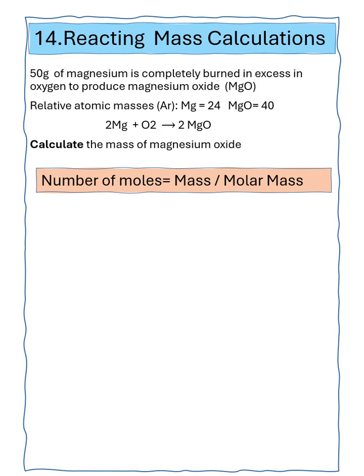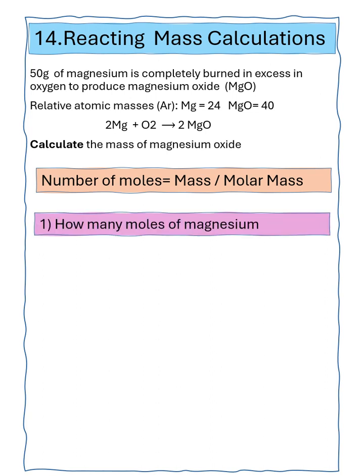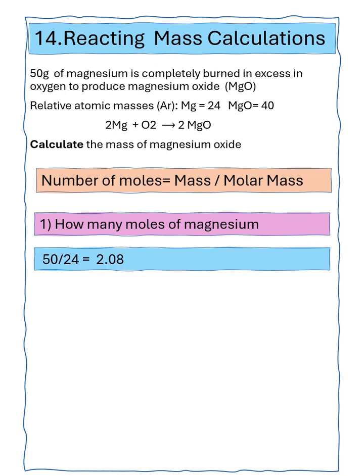So question 14 says 50 grams of magnesium is completely burned in excess oxygen to produce magnesium oxide. We've got to calculate the mass of magnesium oxide produced from 50 grams of magnesium. We're given the chemical equation, and we're going to be using the formula number of moles equals mass divided by molar mass throughout the question. First thing we've got to do is calculate how many moles of magnesium we've got. So we know we've got 50 grams of magnesium from the question. Divide that by the molar mass, so the molar mass of magnesium is 24, which gives us 2.08 moles of